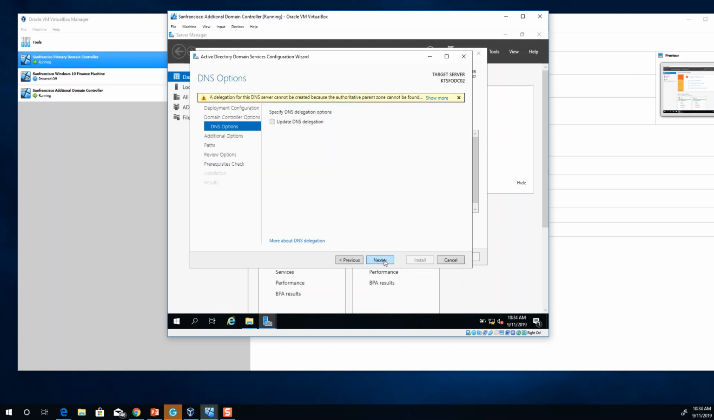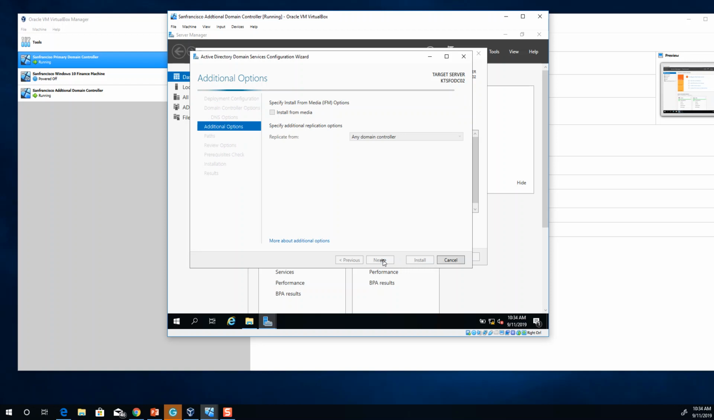I'll press next, and then same delegation error, and specify install from media option. So we are not gonna install from media. Replicate from any domain controller you can choose, or you can choose your primary domain controller so that it will replicate. It will go and contact this domain controller and say, hey, I'm installing myself as an additional domain controller, and